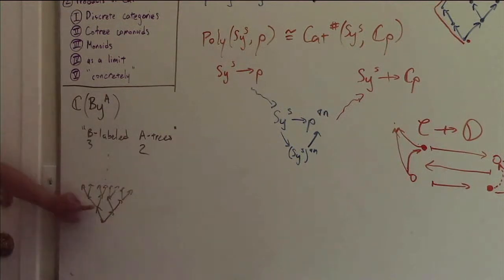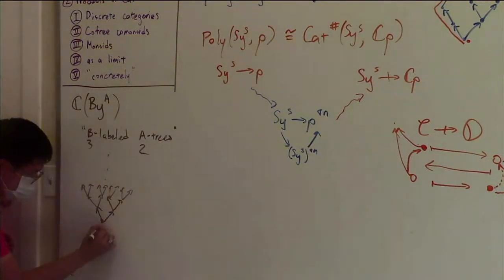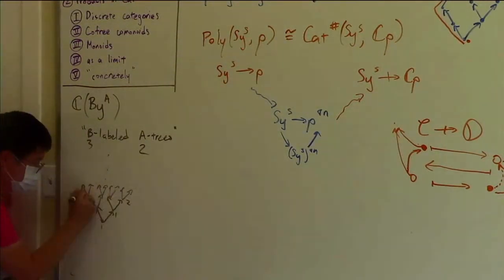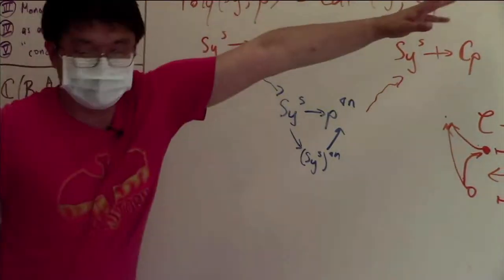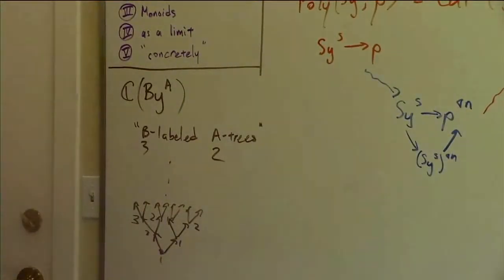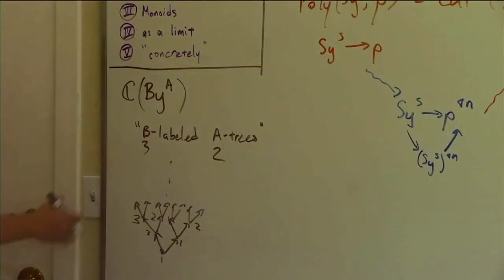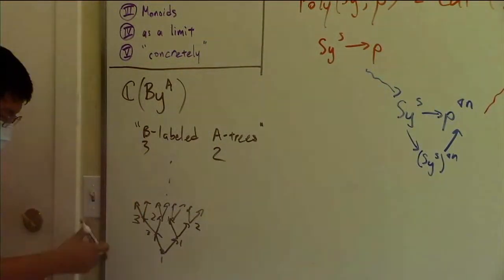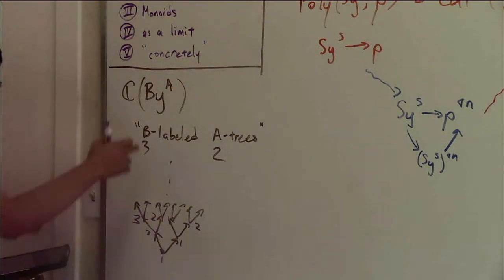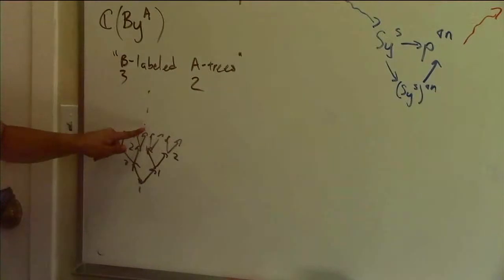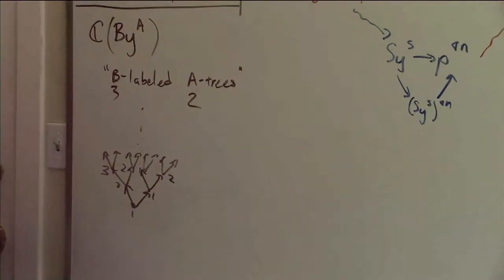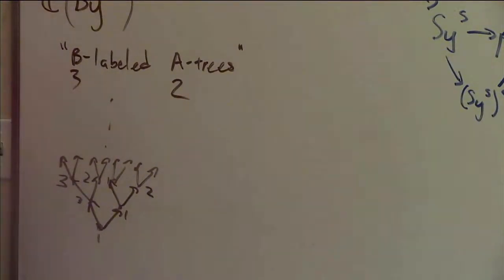So with any element of this B. So maybe this is 1, 3, 1, 2, 3, 2, 1, and so on. And you can see that this is exactly what we get if we follow this definition. And then a morphism in this is actually just going to be, well, you just keep picking elements of A, right? Like you say, oh, here we're going to go left, here we're going to go right, and then maybe we stop there. And when you think about that, all the morphisms here are just lists of elements in A,